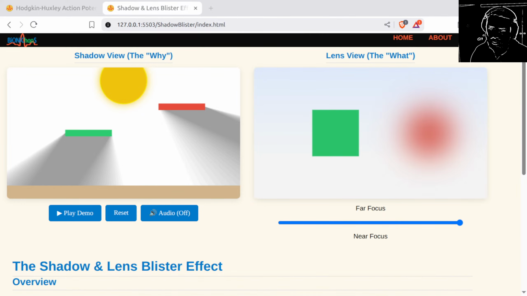I'm not sure I understand that. Can you just explain the shadow blister effect once again? I thought the effect is happening when the objects actually do not overlap, but they are close to one another. Can you explain that? I don't think this model